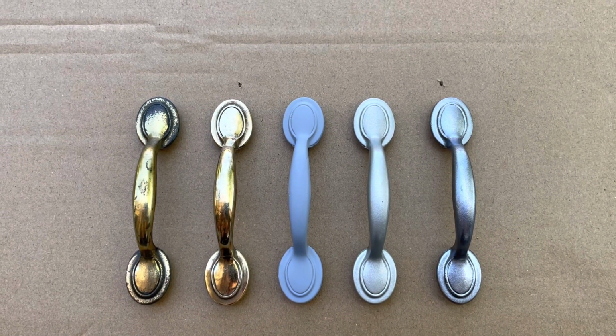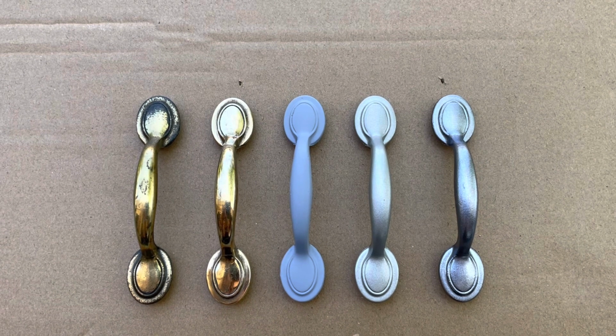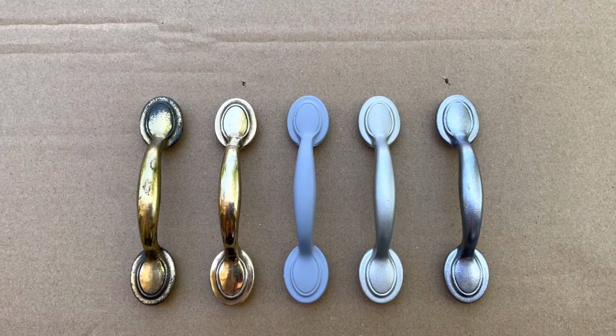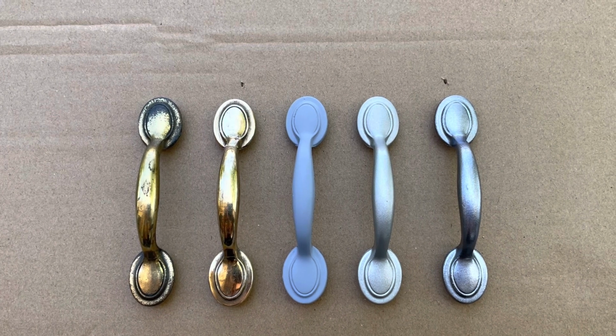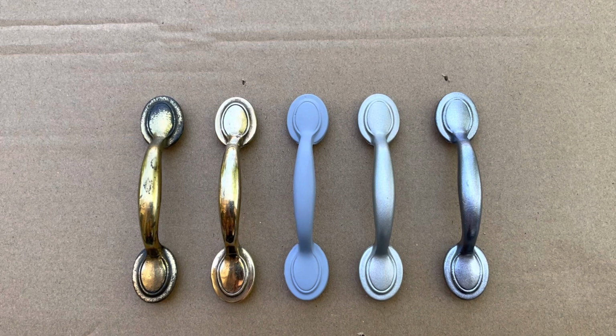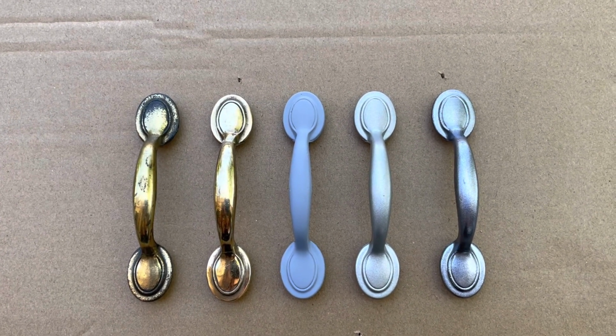So then we prime it, and I'll show you the product. That's why you see that flat gray in the middle. And then we tried two colors that we thought we wanted, and we actually ended up with the one that is on the right. The fourth one from the left is Satin Nickel, and it was too light for us